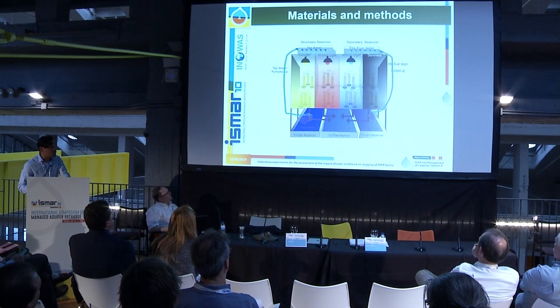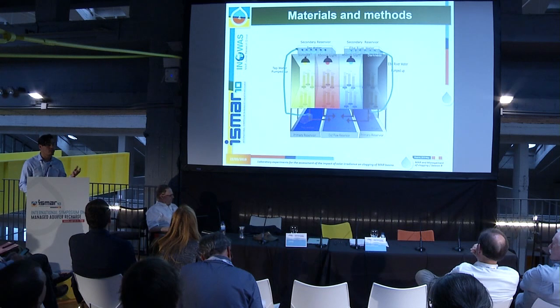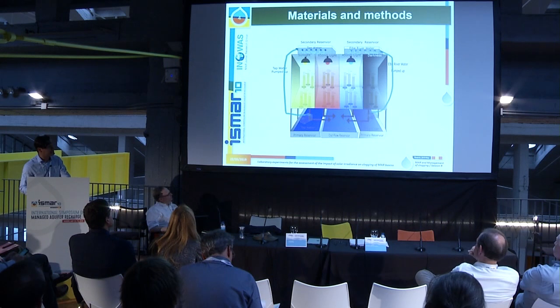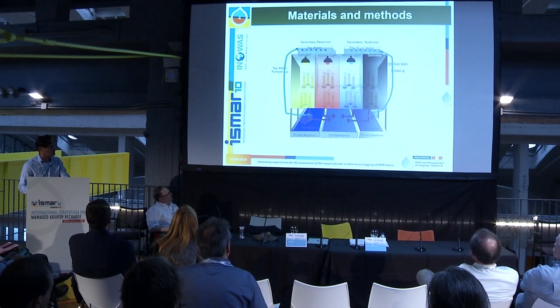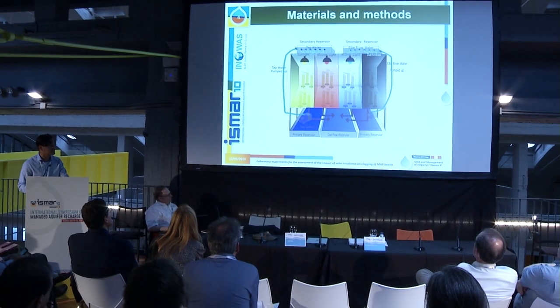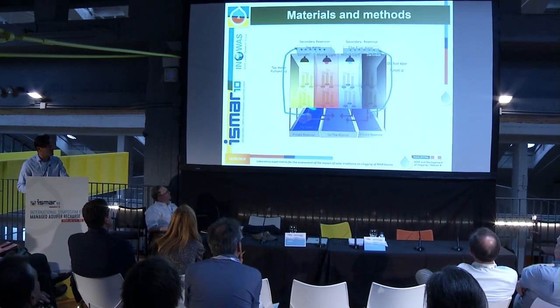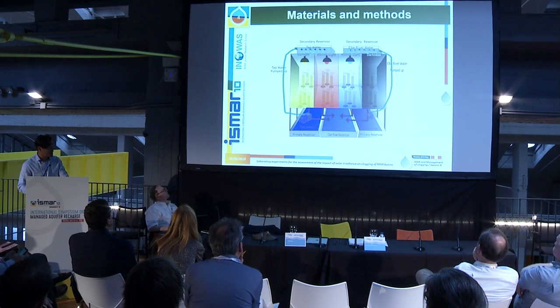We were working with 24 columns of 50 centimeters each. They were filled with sandy sand. The K value is approximately 10 to the power of -5. They were separated in 2 rows. The row in the back was infiltrated with river water, specifically Elbe River water that flows through Dresden city. In the front, we also had a background, and we did the same infiltration with tap water. In each chamber, we also used triplicates